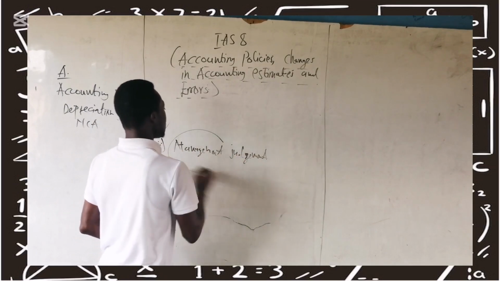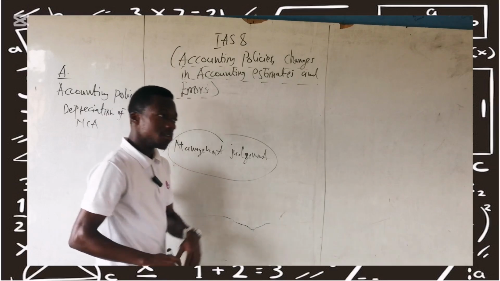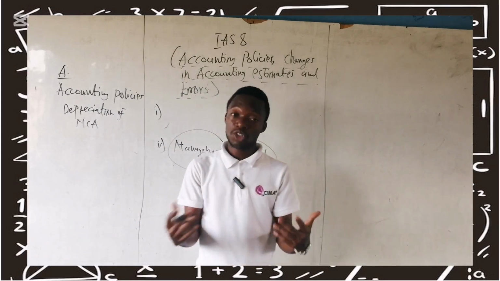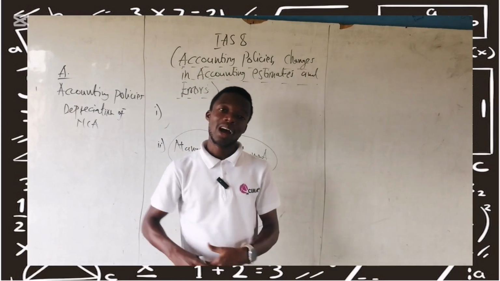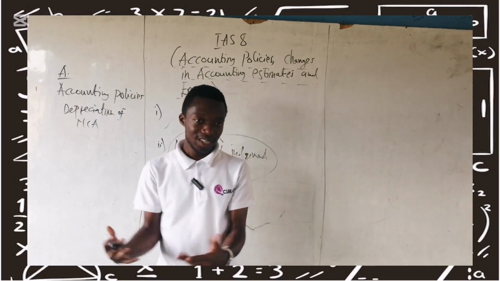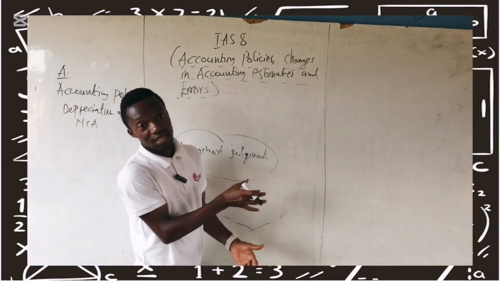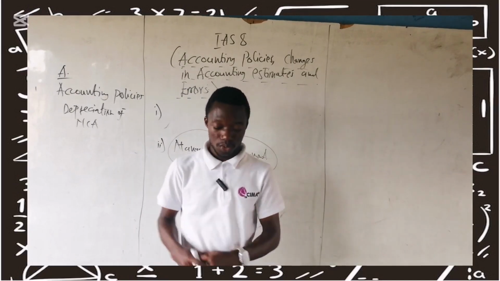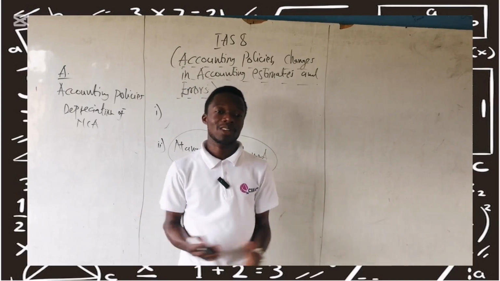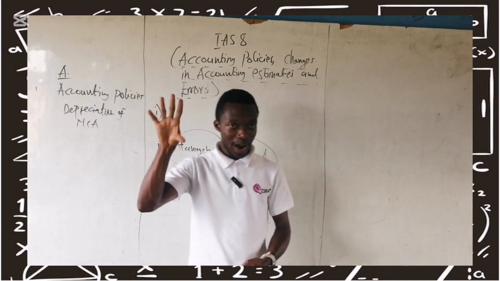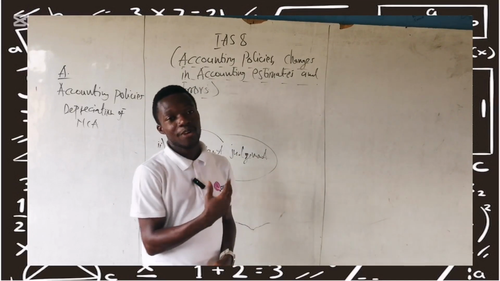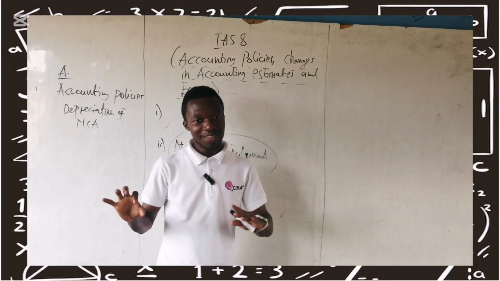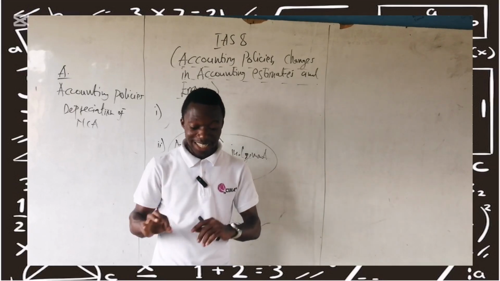Management judgment. Here, we give management an opportunity to come out with how we can deal with a particular transaction. So here we call it management judgment. Management have to adopt a judgment that will help to actually deal with that particular transaction or event. So one, one has to refer to the standard or the interpretation of the standard in treating the transaction or the event. That is one.